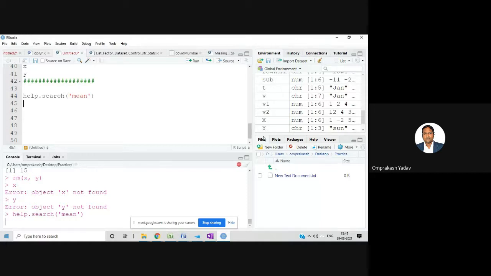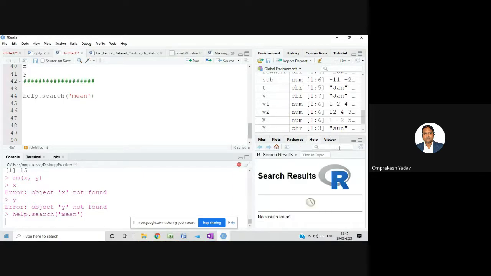Anyway, if you want to get help regarding anything, you can always click on this Help tab, and from there also you can find out the help. So for example, from here you can search in the topics, or here also you can search, and then it will show you the content. It will show you the documentation for whatever function we are trying.